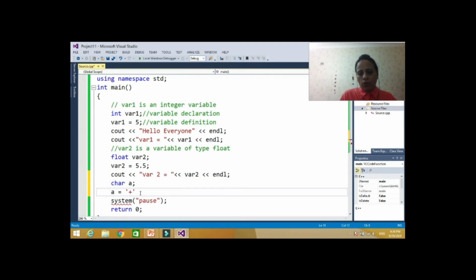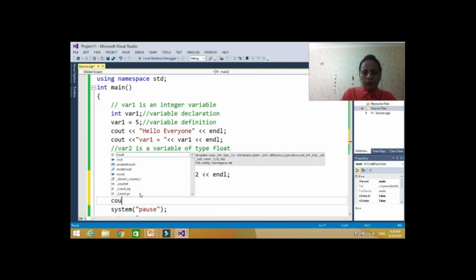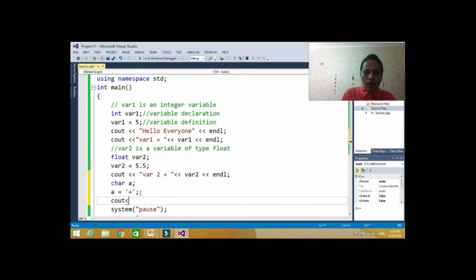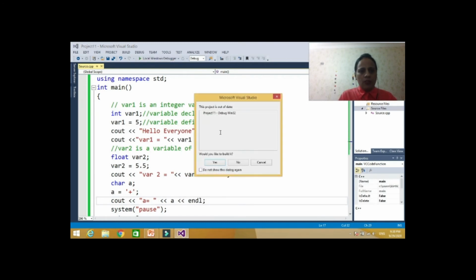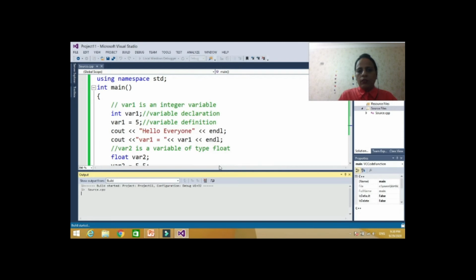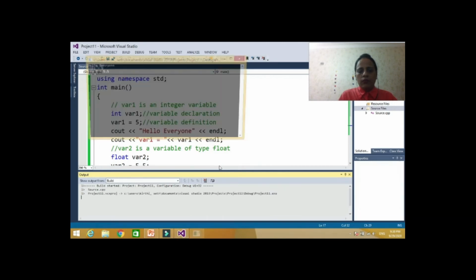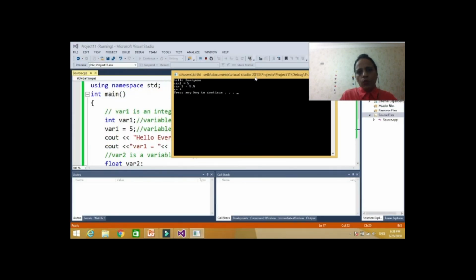Now when I cout a is equal to a, let's run it. See, a is equal to plus. So this is a character variable, this is a decimal number, this is an integer.